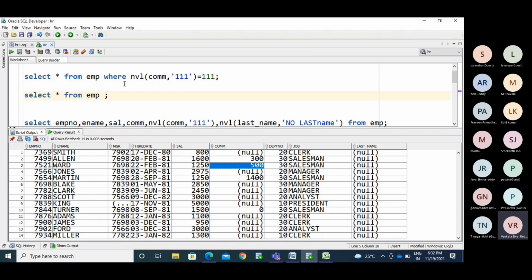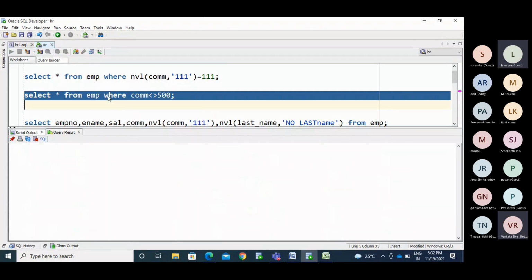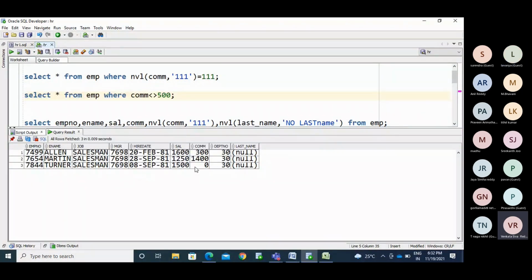So if I use where commission not equal to 500, now I will get only these three records. You are missing all the null values. I don't want to lose the data.